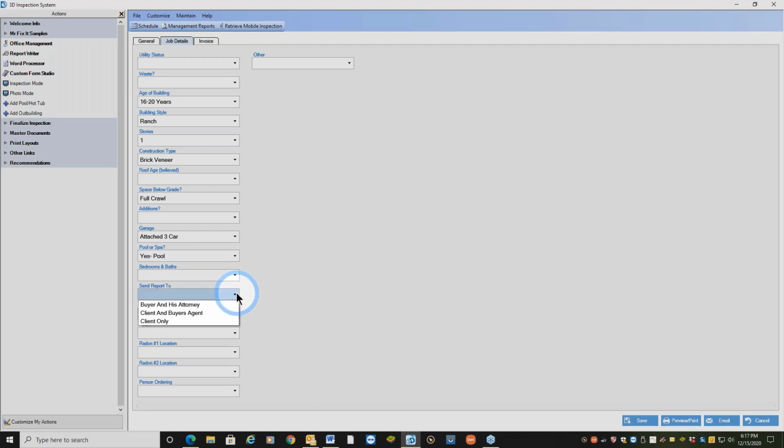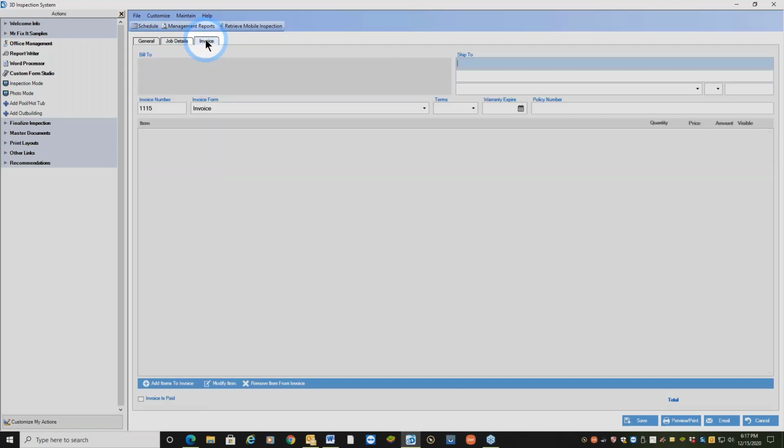Send report 2, we have to get that in the end. I don't need to have that right away. Means of access, I don't really need that right away either. I don't need any of the rest of this right away. This is stuff that I can come back to. So then I would come over to my invoice tab, and in my case, I have this set up